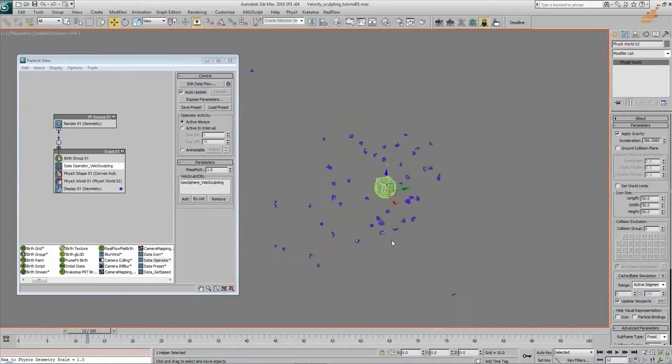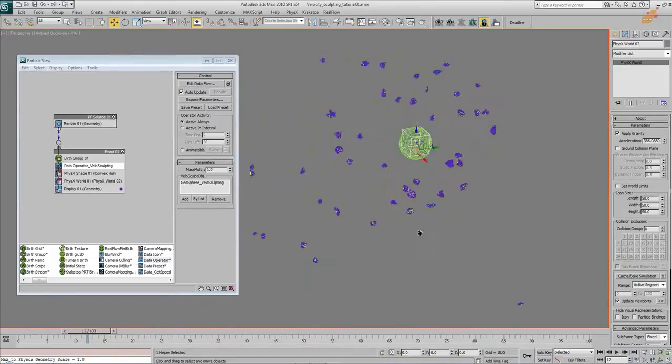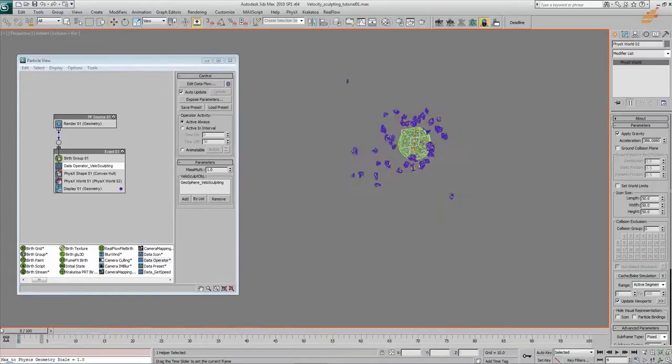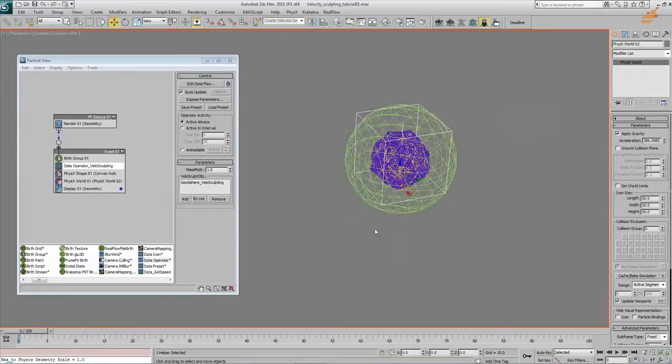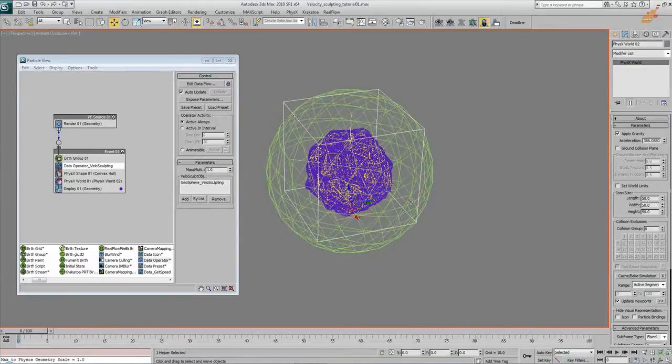We take into account too the size and mass of the particles. Those ones that are flying further out of here are the smaller ones. See how the bigger ones are not flying out with that much force? That's because their mass determines their weight, kind of. But we're on the ground collision plane,